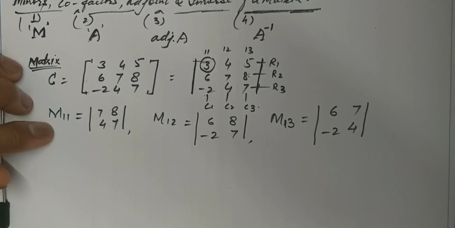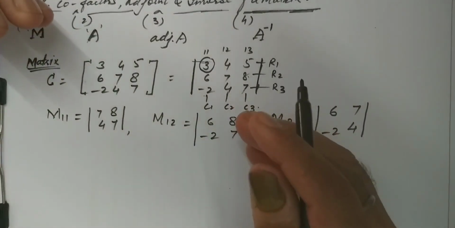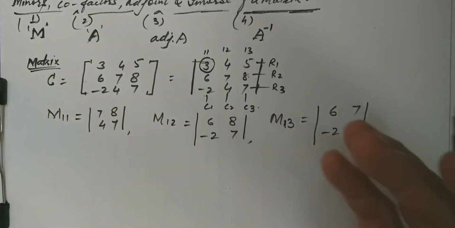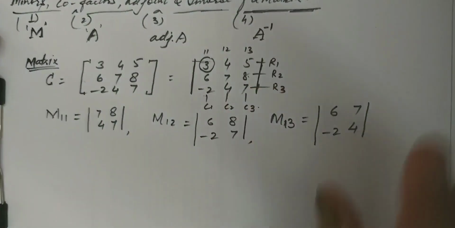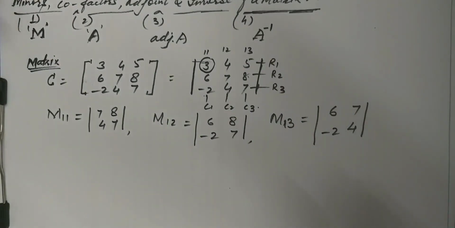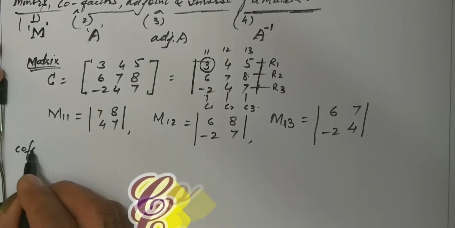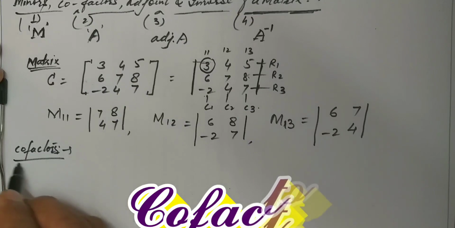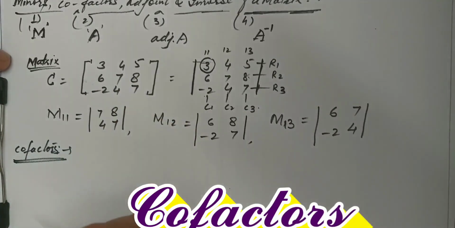These are called minors. So now you understood what minors are. Minors are the subdeterminants of the main determinant, and the number of subdeterminants can be as many as the elements present in the determinant. That is called minors. Now second is cofactors. Actually cofactor is also not different, these are interrelated. Cofactor is the next step to this one.